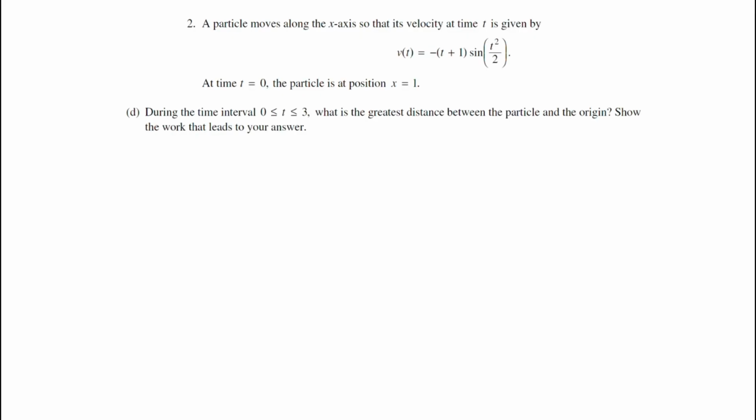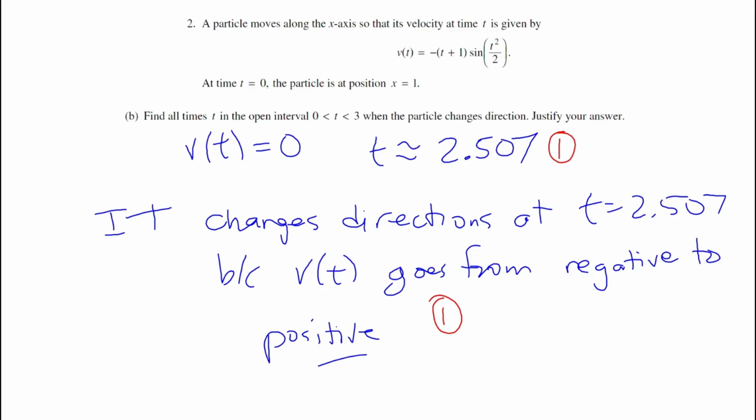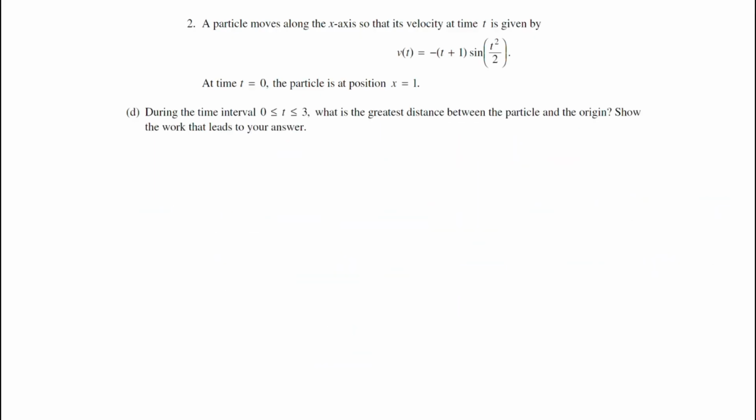In part D, we want to know what is the greatest distance between the particle and the origin. Well, the only time we could be at our greatest distance is places where we change directions, right? And so that's going to be at that value we found earlier, where we changed directions at 2.507 in part B, right? And so that's when we're going to be furthest away from the origin, so we can find the greatest distance